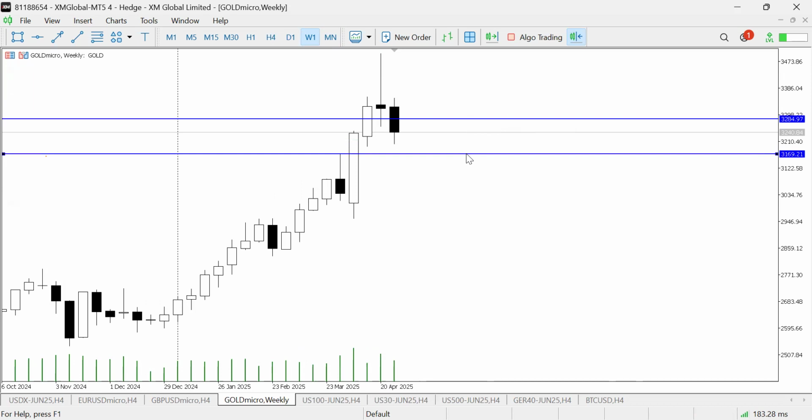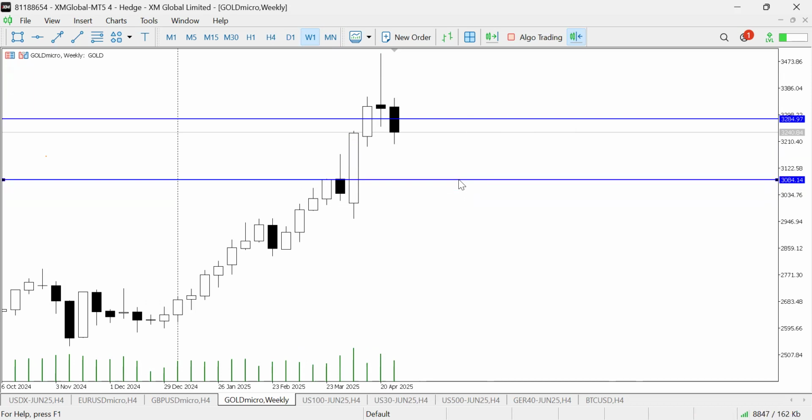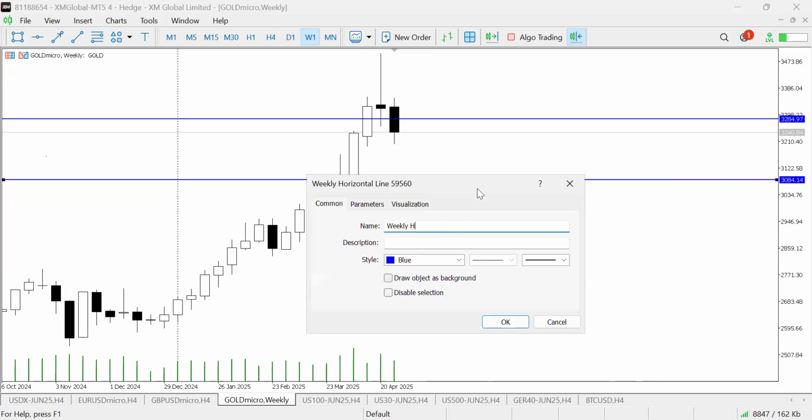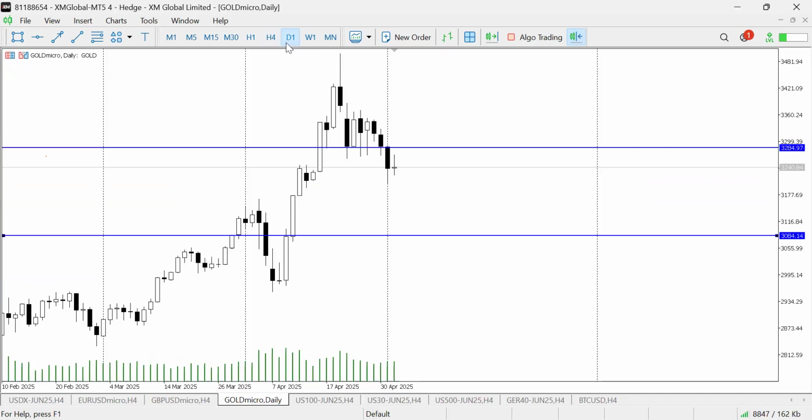And where would gold go? This will be the first low, but ultimately this body. Why? Because this is the last candle they sold at before they went higher. So that's also a breaker. That's what I'm looking at. Order flow is bearish for me. And also this is a market maker buy model. We have a consolidation. We ran highs, accumulated, went up, smart money reversal. And now we're just distributing lower.